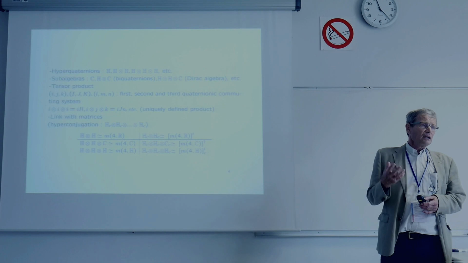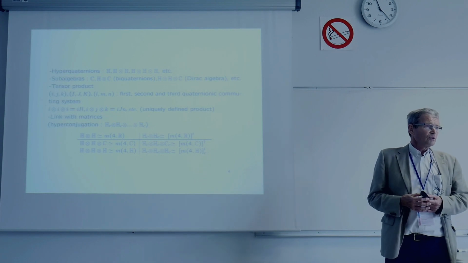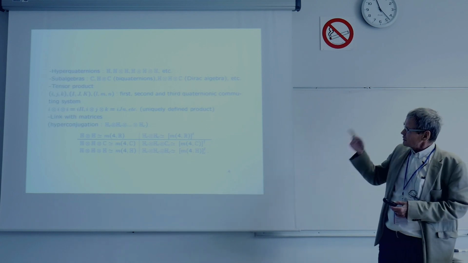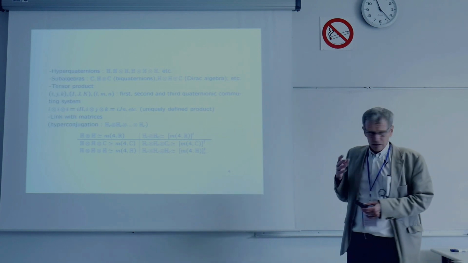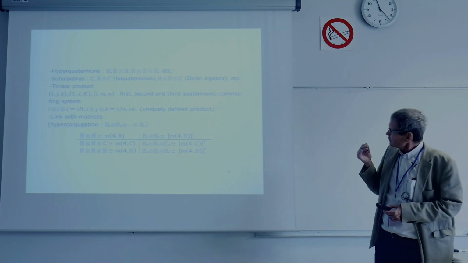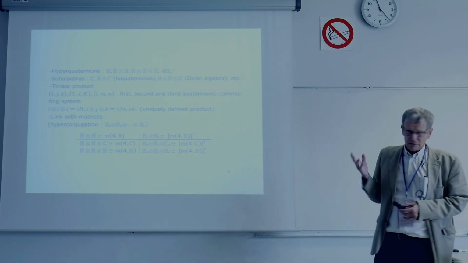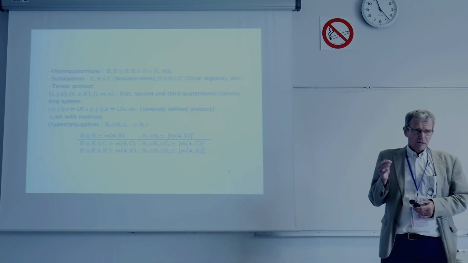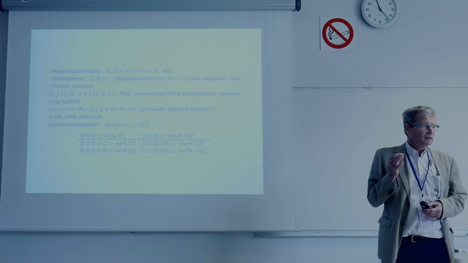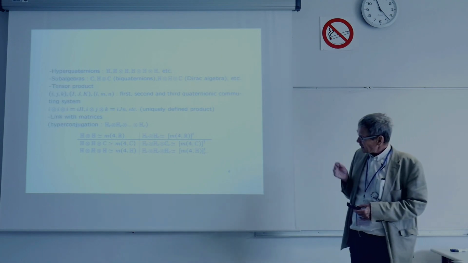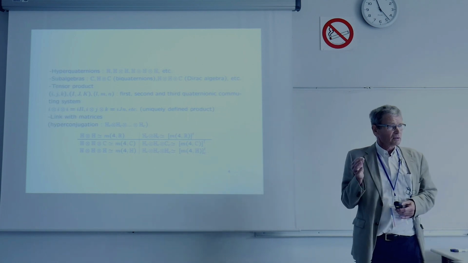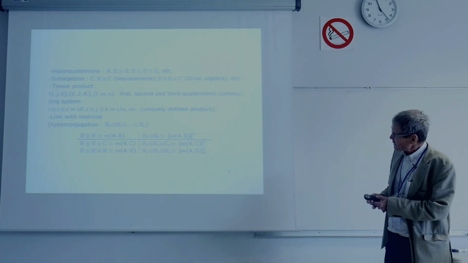Hyperquaternions we shall define as a tensor product of quaternion algebras. The subalgebras thereof are complex numbers, biquaternions, Dirac algebra, etc. The tensor product is very easily and uniquely defined. We just take a system of commuting quaternion systems. So we call, for example, ijk